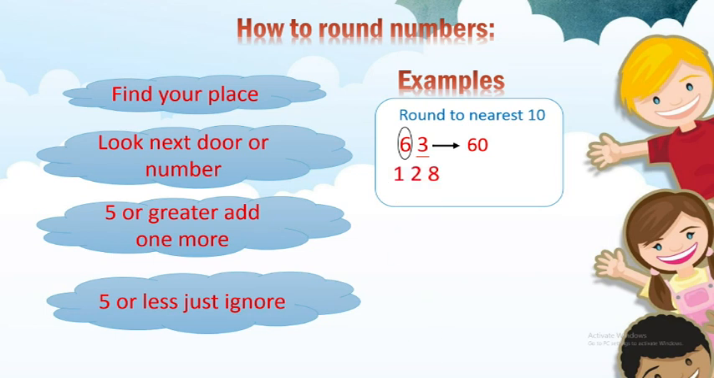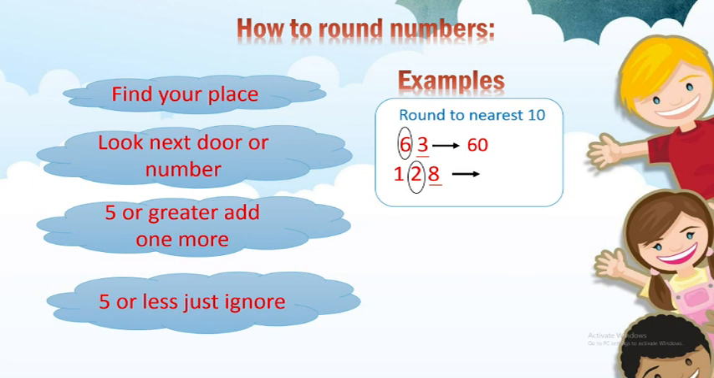128. At first, you have to find the place value. The place value of the tens is 2. So you have to circle 2 and look at the next number. The number is 8. You have to underline 8 and then see whether the 8 is greater than or less than